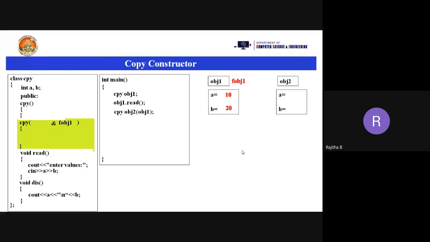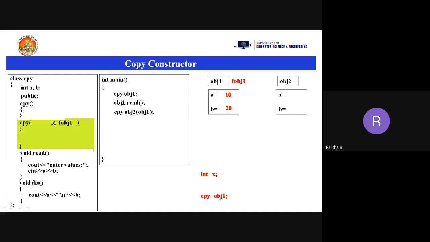Now you can see one example, here in red color. int x is there and cpy obj1 is there. So what is x here? A variable. What is the data type of x here? Integer. Now same thing, I am taking the statement cpy obj1. So obj1 is the same as x and cpy is the same as the integer data type. Now what is obj1? It is an object.